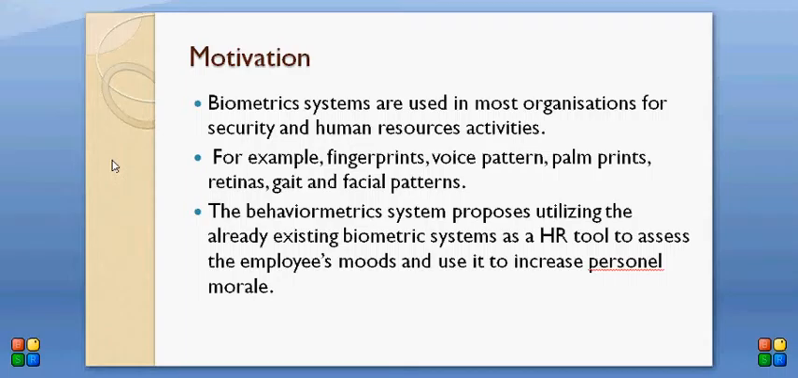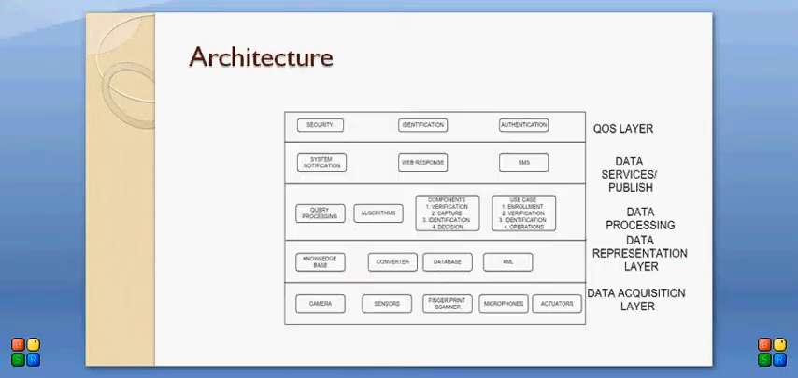So the behaviormetric system is a proposal where we use existing biometric systems and human resource systems to come up with a super system called a behaviormetric, which will be used to assess the employees' moods and also increase personnel morale based on the input that we get and the analysis that we make on those things. So the architecture for my system